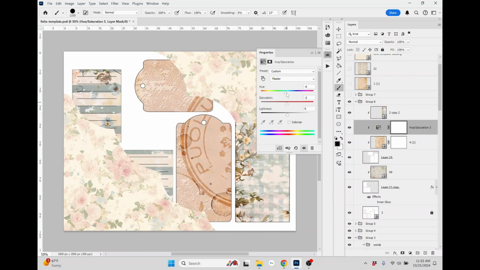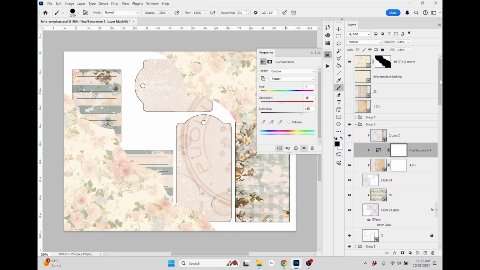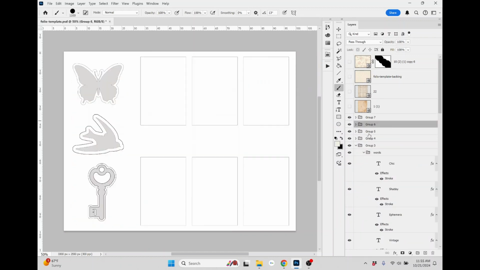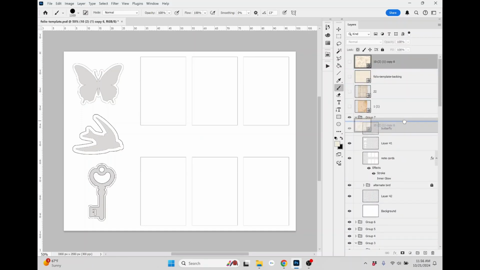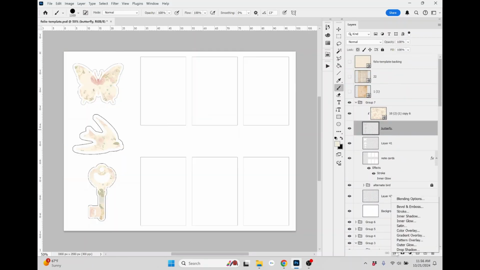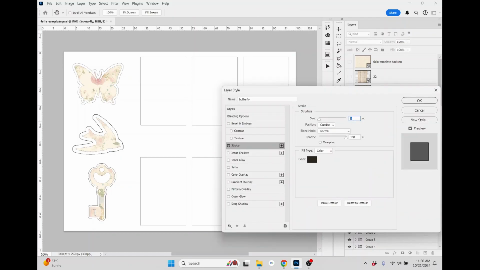So I'm getting close to designing the last page of the folio here, and I want to point out one thing that is important, which is at the very top, you can see in the list of layers, you can see a full page design, and that is the backing paper. That is something that I've already decided is going to be the backing paper,